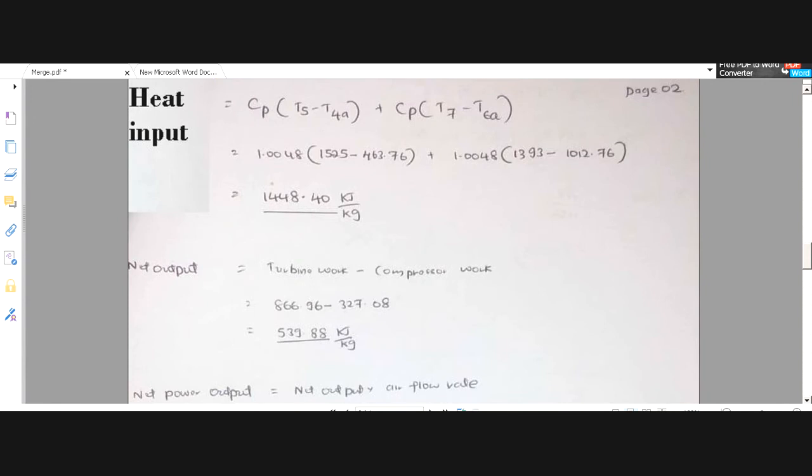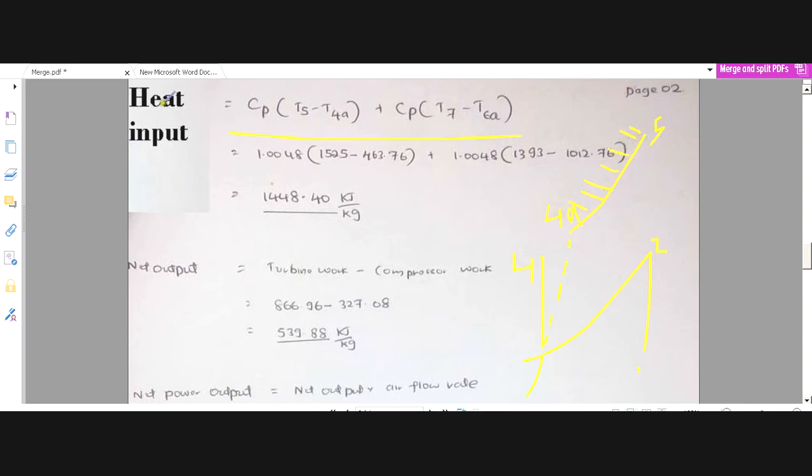So now basically how many heat input processes are there? I told you there are two heat input processes, because one is the major heat input process starting from the point 4a, as you can remember, right? I told you 1 2, then 2 to 3, then 3 to 4. Starting from point 4a till it reaches point 5, we are going to add some heat. So that is the first heat addition process.